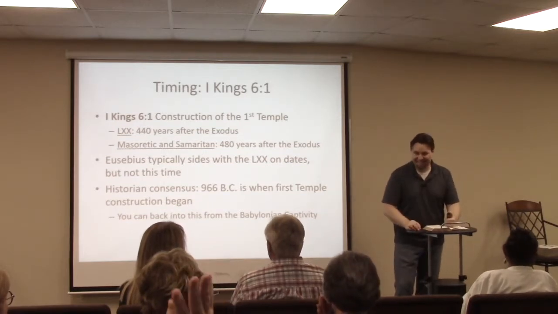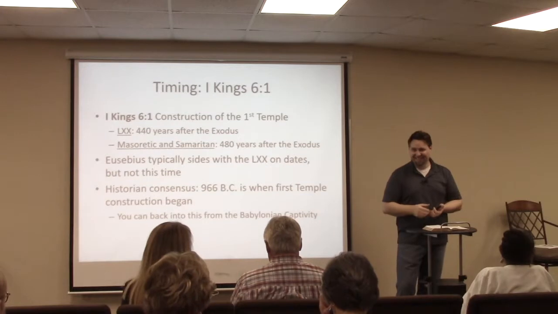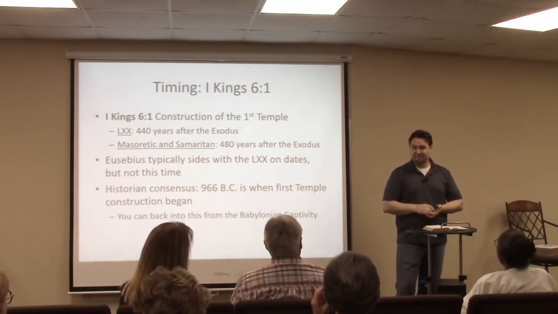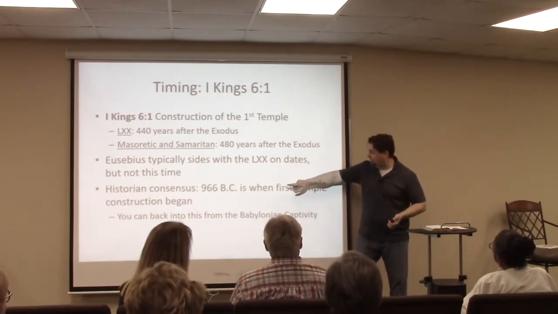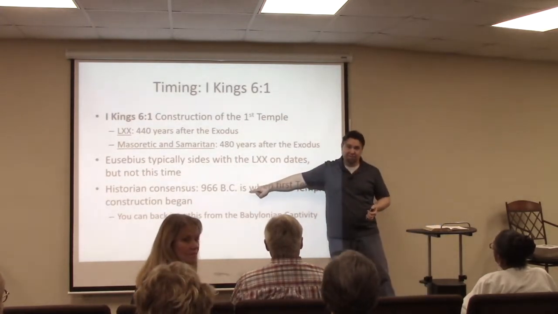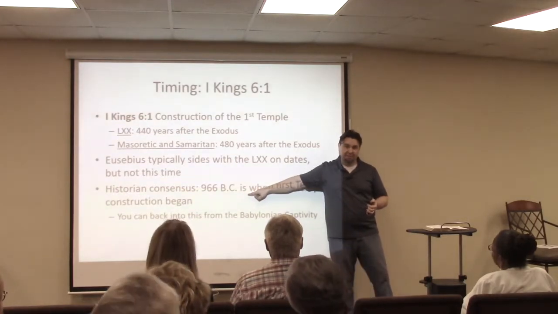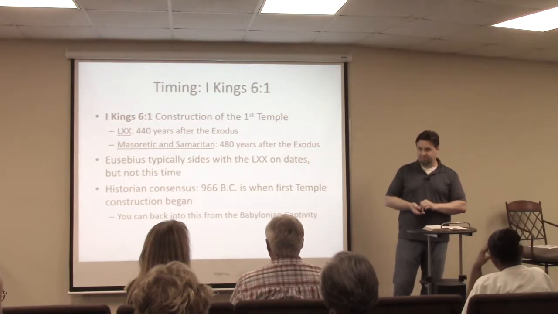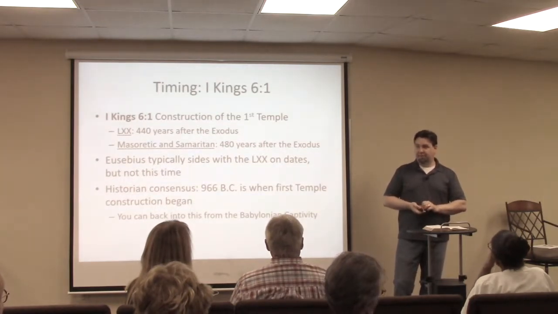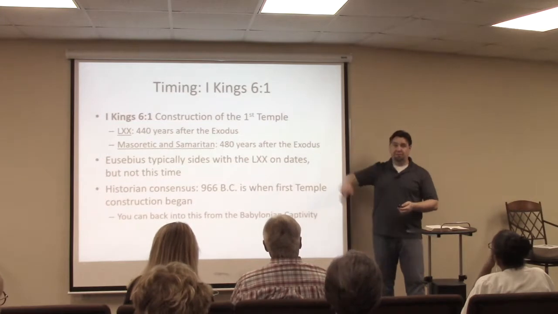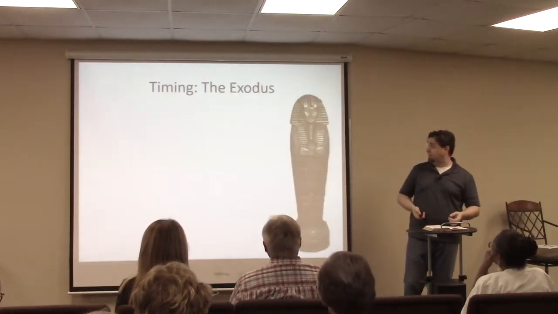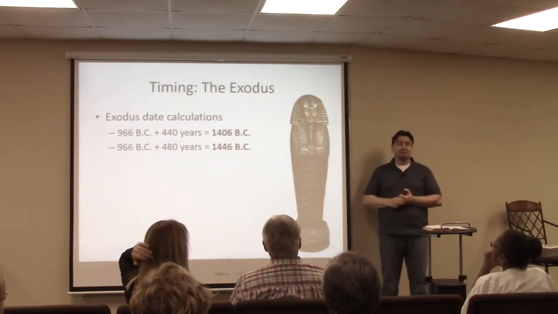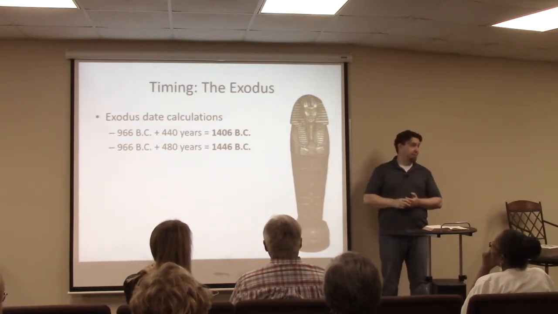The dating of this. The date, does this date depend on the Exodus? No, the Exodus is dependent on this date, 966. Yeah, the other way around. But the Exodus isn't just dependent on 1 Kings 6:1, since there is other math that we can look at. All right, so this is the simple calculation. And then I'm going to go with 1446,